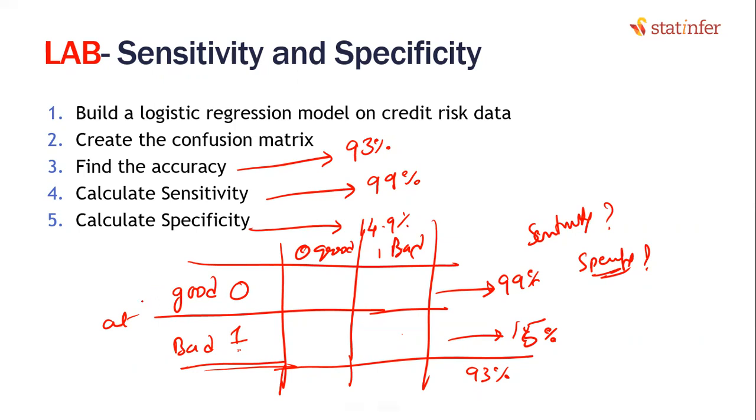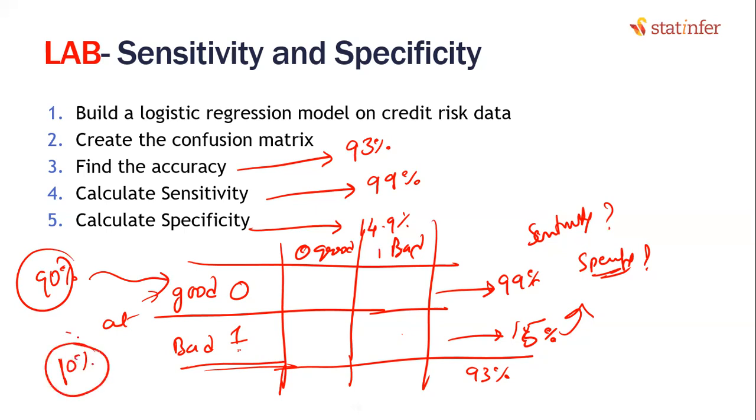I'm not saying totally ignore it, but 15% accuracy here, 99% accuracy here, at least this 15% is the critical point. In fact, we are building the model to identify bad customers only, because 90% of the customers will be good most of the time. Only 9 to 10% of the customers are bad. These are very rare. Now they need to be identified carefully.